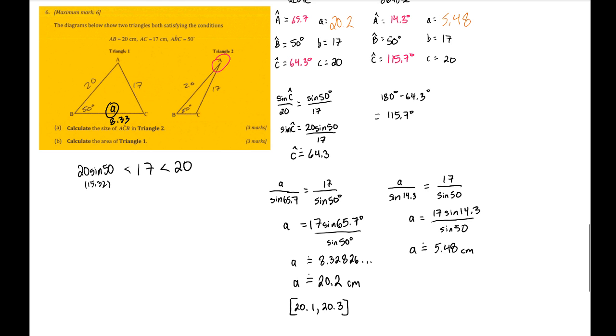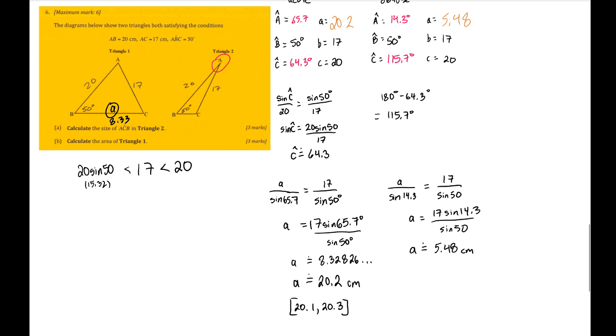The one with the garden is a perfect example, right? Because you didn't have to find all the measurements within the triangle. You had to figure out which one's the bigger of the two triangles, and use that one to find the volume of soil. So you ended up only focusing on the acute triangle, even though you knew there were two. This was another example because I gave you the two diagrams. I just said find the obtuse angle in triangle 2 and calculate the area in triangle 1,